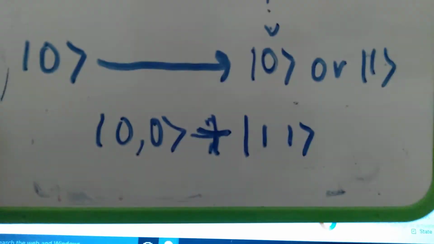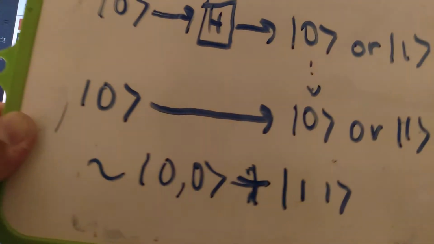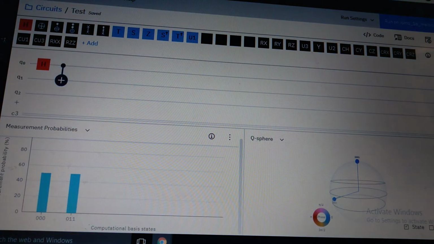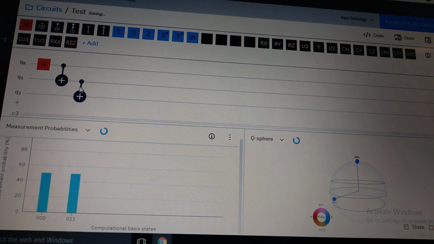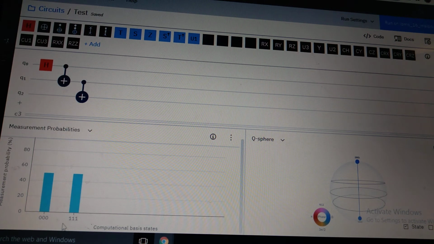And of course, I should put proportional because there are some constants that go in the beginning, so I should put it like that. It's proportional to this. But what if I entangle a third one, right? So I'm going to put another entanglement right there. So now we should expect something here. Yeah, there you go. Now we notice that we have 3 zeros, 3 ones, 3 ups and 3 downs,